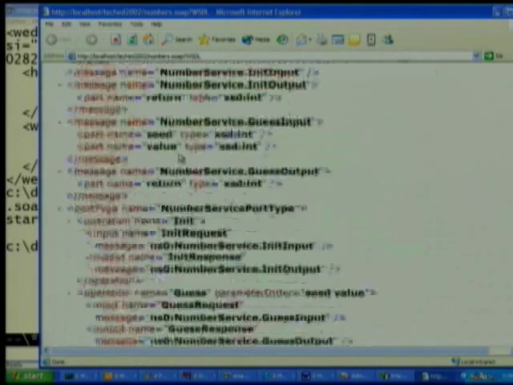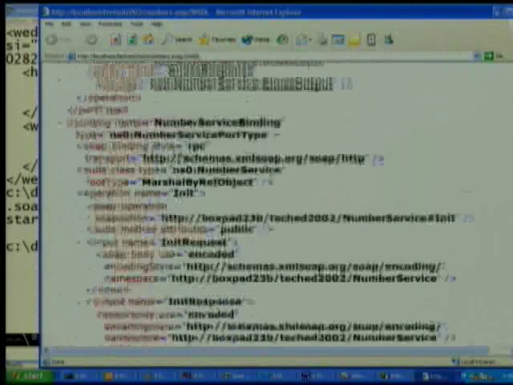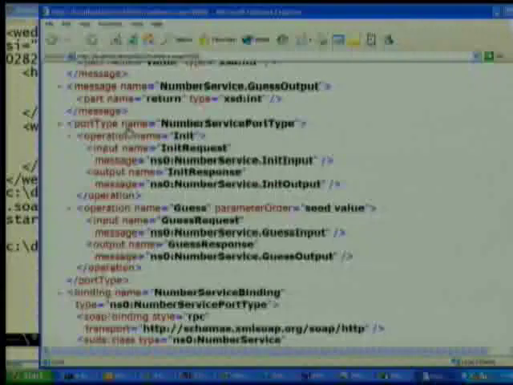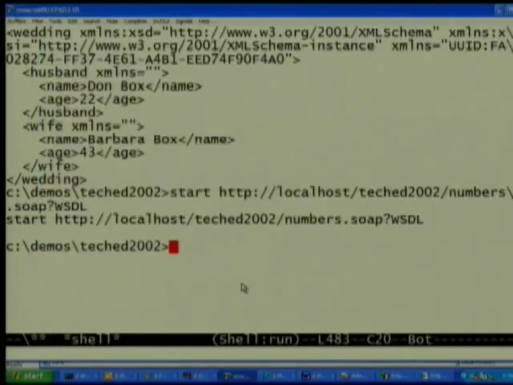And notice that inside of here, somewhere, we have something called a port type. And the port type is like an interface definition that says, look, there are two operations, init and guess. Init has a request and a response type. Guess has a request and a response type, and these point to XML schema. And there is a tool